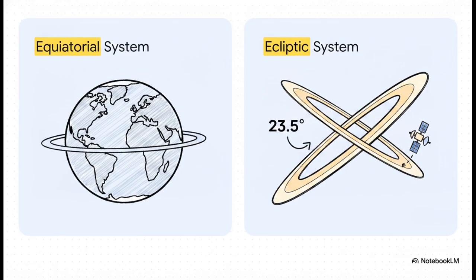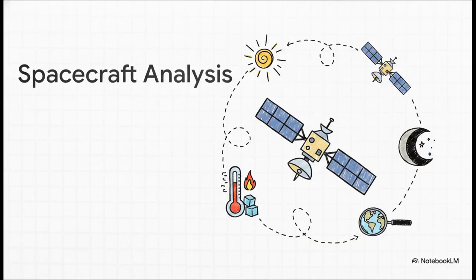Space engineers rely on two fundamental celestial coordinate systems. First, there's the equatorial coordinate system, which is based on Earth's equator and uses terms you might have heard of, like right ascension and declination. Then there's the ecliptic coordinate system, based on Earth's orbital plane, using ecliptic longitude and latitude. When you need to mathematically connect or convert between these two massive mapping systems, what do you do? Yep, you guessed it. You have to rotate your entire mathematical model by our magic number, the obliquity angle of 23.44 degrees.